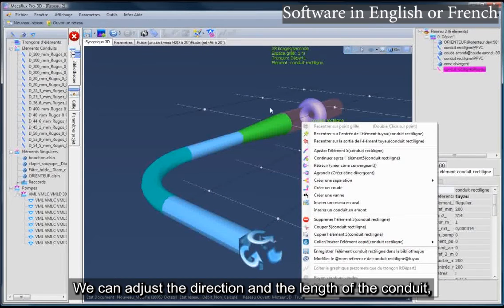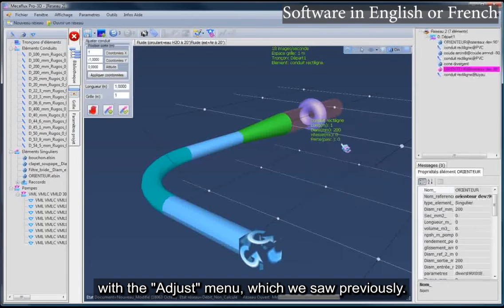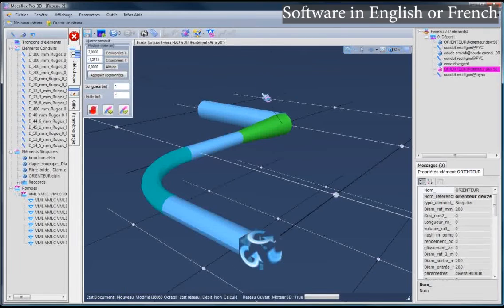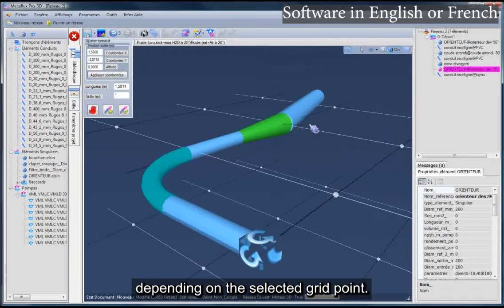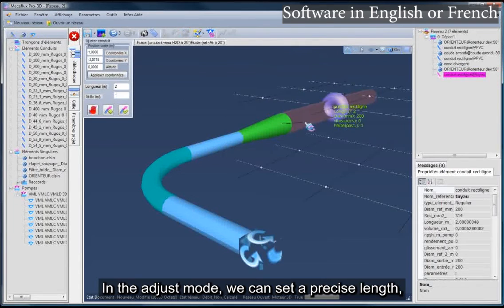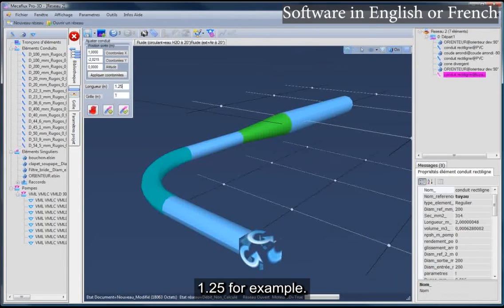We can adjust the direction and the length of the conduit with the Adjust menu, which we saw previously. Which brings us back to Adjust mode. The direction and length depend on the selected grid point. In the Adjust mode, we can set a precise length, 1.25 for example. Or we could set the coordinates of the conduit exit.